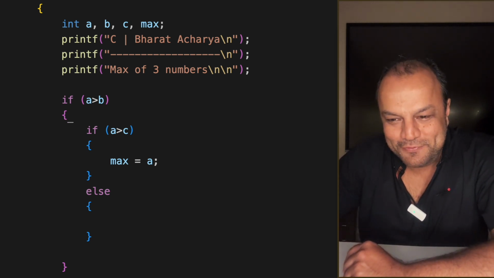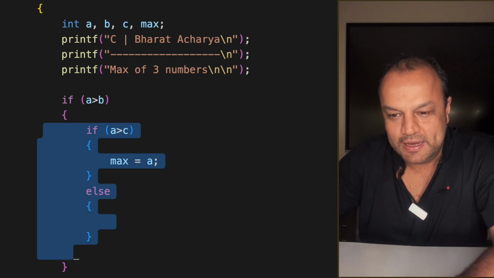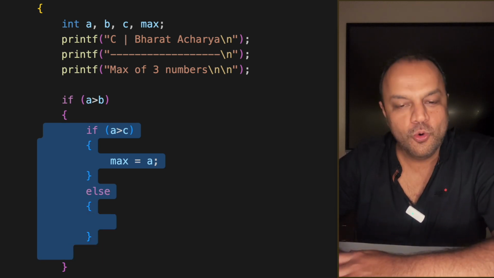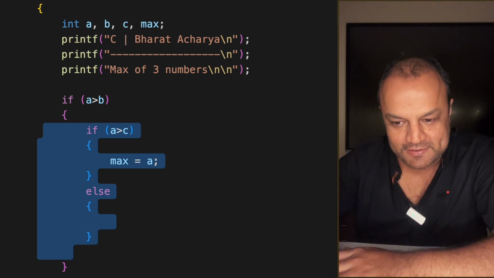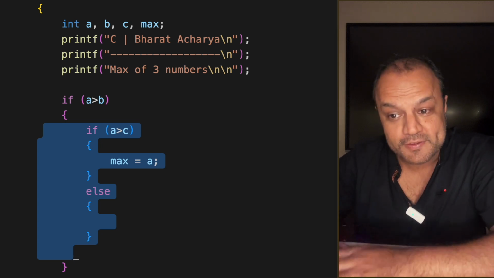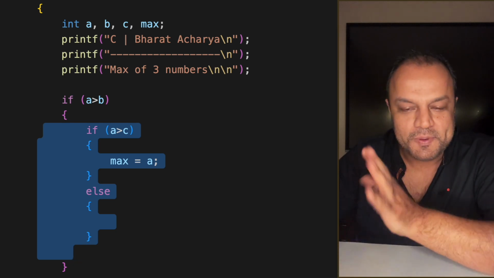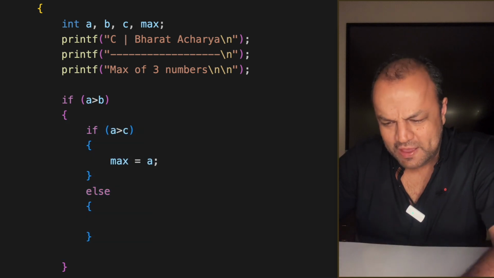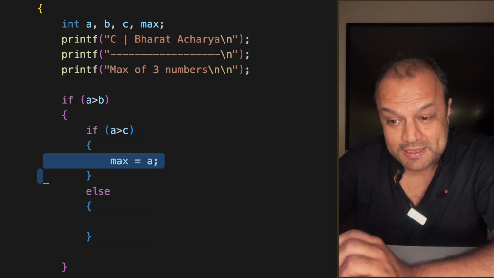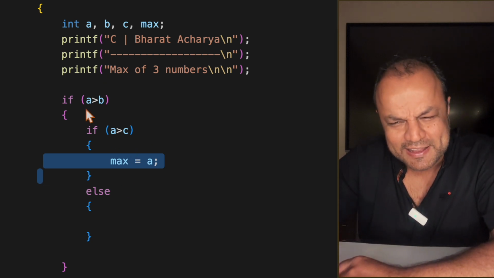Come on. If we have entered this part of the program, if we are here in any of this zone, that means who is out of picture? Who cannot be the highest? B, because this is the true part where A is greater than B. Are you clear? That means B is out. So the contest is only between whom and whom? A and C. Now, if we have entered this part, that means this is also true. That means A is greater than B as well as C. That means max is A.